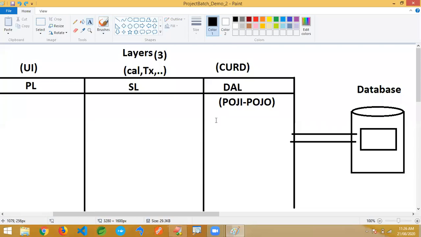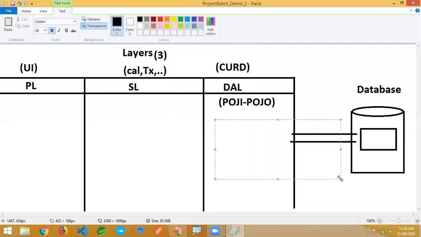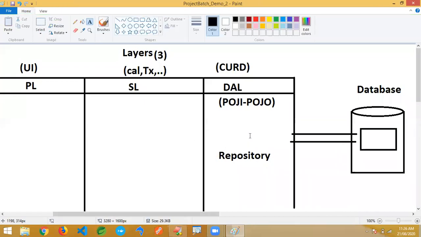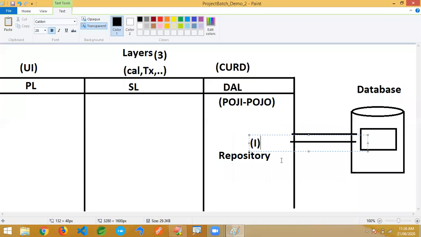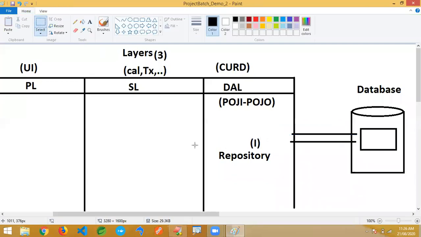And here I am just going to write a second one. It's an interface. In short format, we are going to call it a repository. This repository we are going to write as an interface, but the implementation class we will not write.